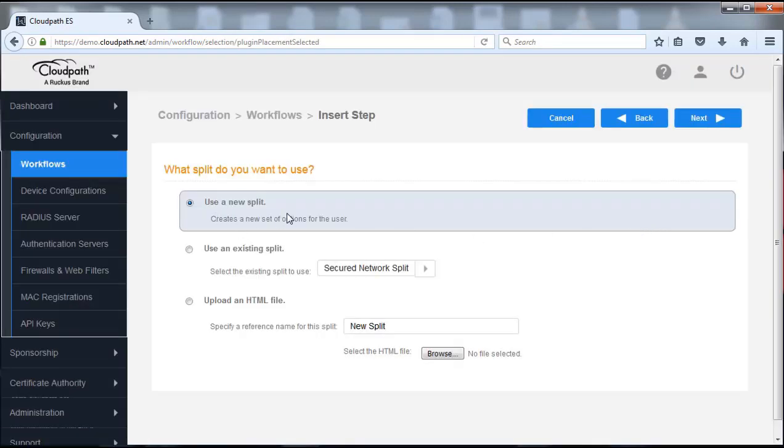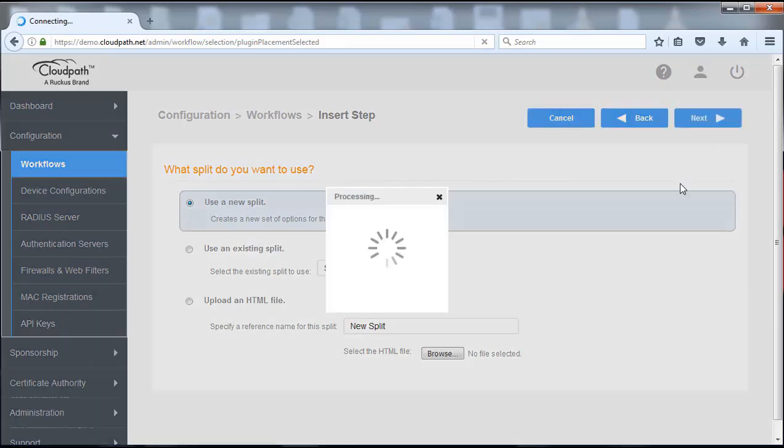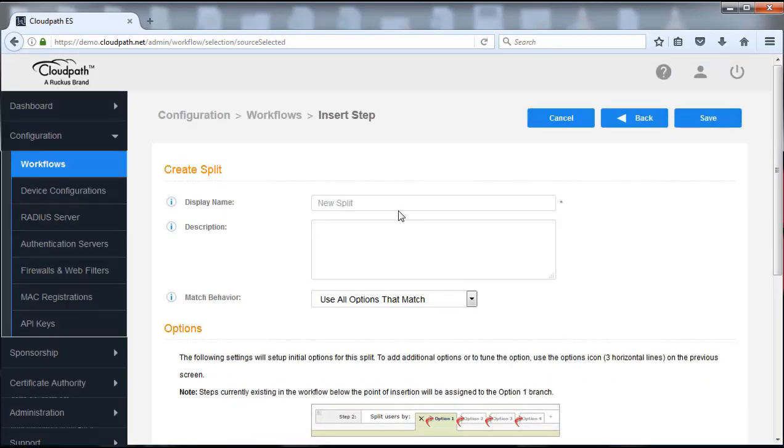It's going to be a new split. And again, each one of these splits can be independent. I could recreate or I could use an existing one, but because this is a new Cloudpath deployment, there aren't going to be really any other options in there. These are just some presets in there, but I want to use my own and create a custom split. And so I'm going to use a new split here. I'm going to push next. I'm going to name that split. And we're going to do this as